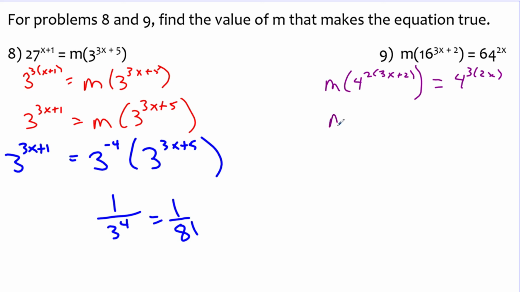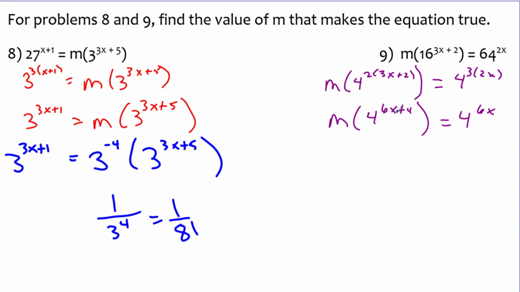So this says now m times, the exponent's going to become 6x plus 4, 4 to the 6x plus 4, okay? And then on the right-hand side, this is just going to become 4 to the 6x, okay? So I kind of have the same situation here, where if you notice, again, these are actually pretty similar to each other. They're both 4 to the 6x. So the only difference between these is that on the right-hand side, I don't have that plus 4, which means